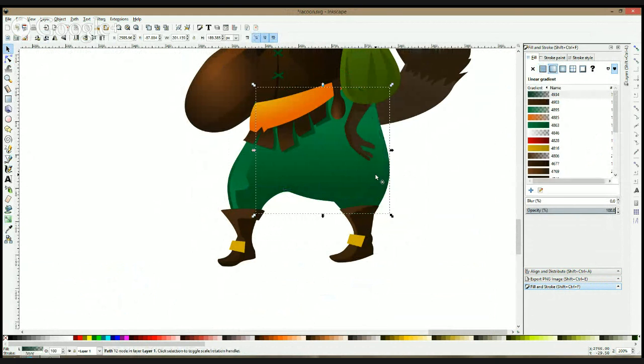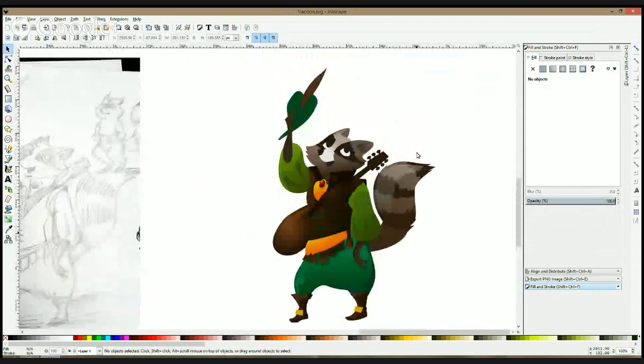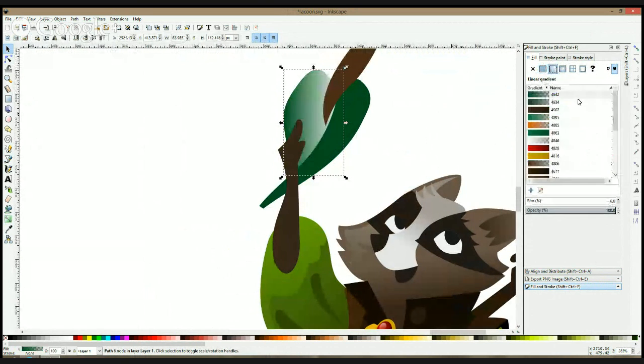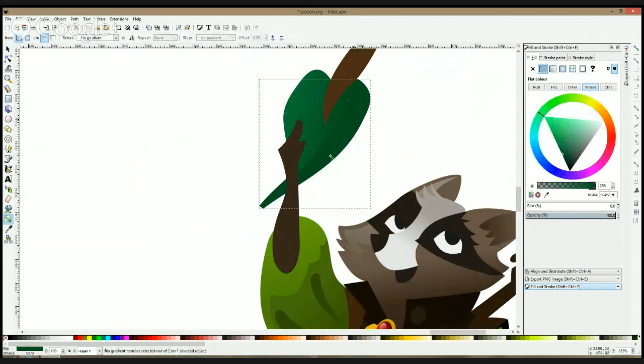Okay, I push this on the end and then slightly step it up with Pager. So I think the raccoon guy is almost finished. What I miss here is only the hat. Let's check if we have some gradient pre-made. Yes, we have, of course. And that's it. And for this one, I will make